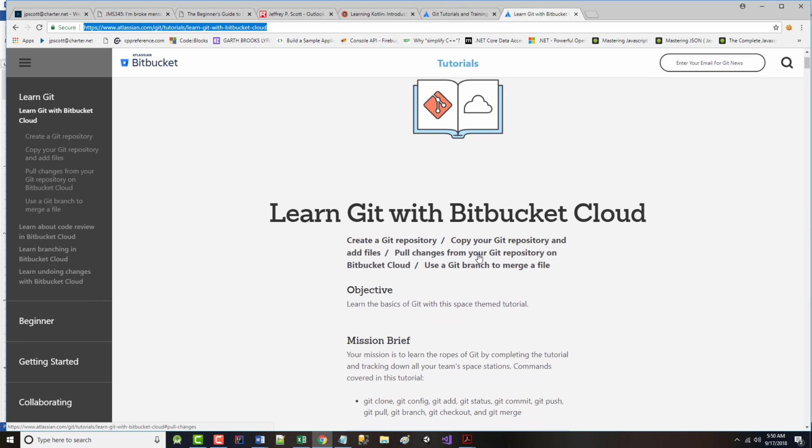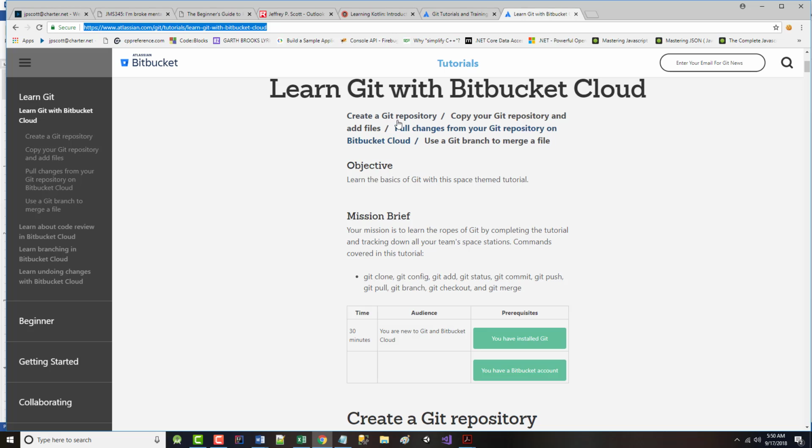As you can see, these are the objectives here. We want to be able to create a Git repository, copy the Git repository and add files to it, pull changes from a Git repository out on BitBucket Cloud. So in other words, pull from the server and use a Git branch to merge a file. So as mentioned here,